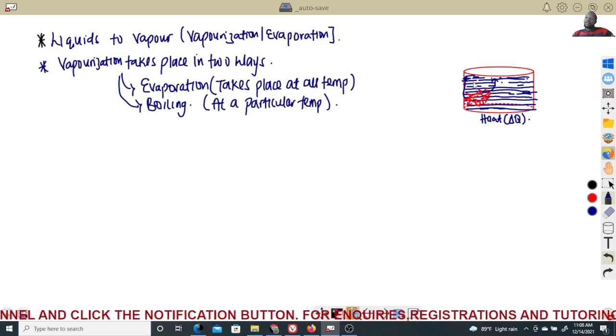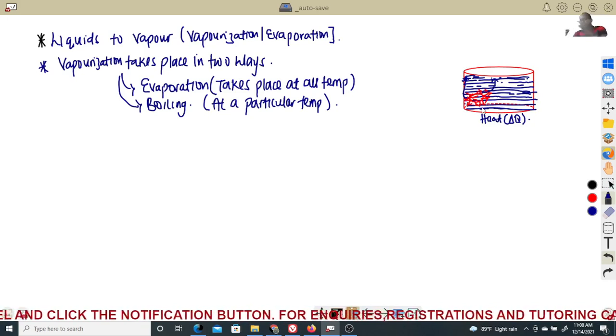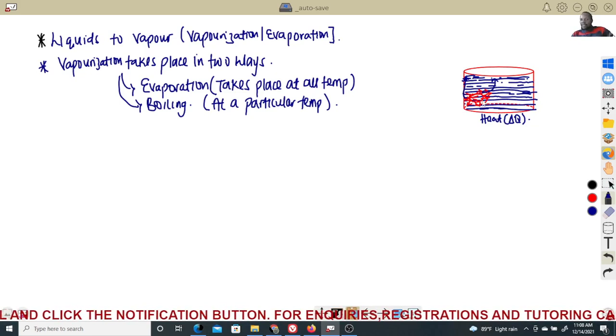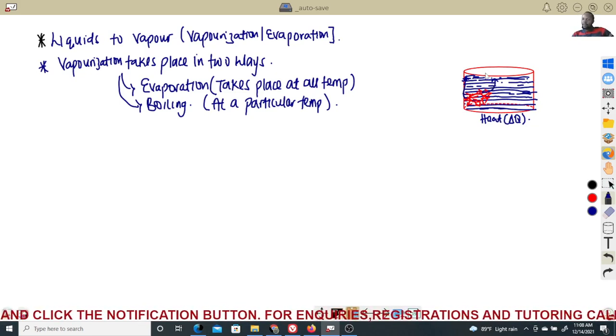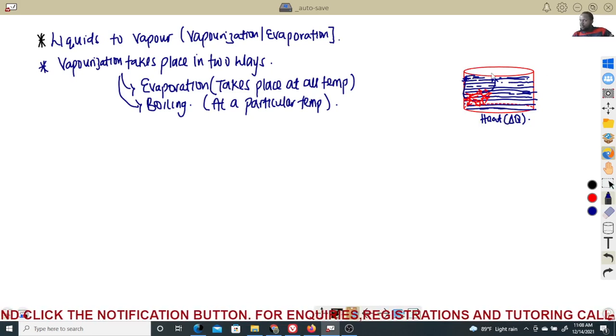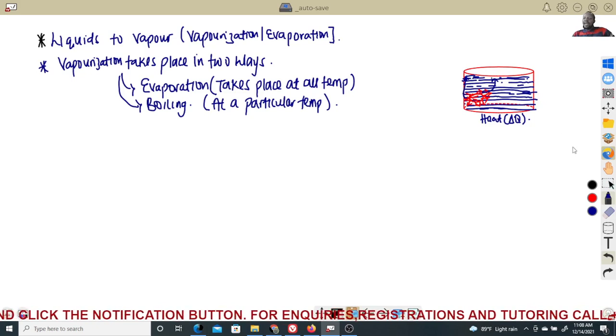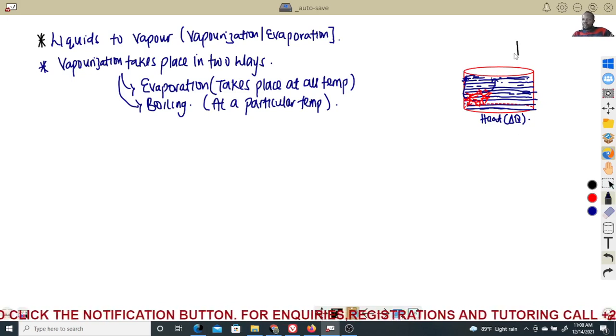Increase in temperature. Now, a quick one for you to understand: we know that this is a liquid substance that starts moving, the temperature is increasing, they start moving, they move around. The ones that are very close to where the heat is being supplied start moving up, and they want to escape the surface of this liquid. Please listen. As they try to escape the surface of this liquid,